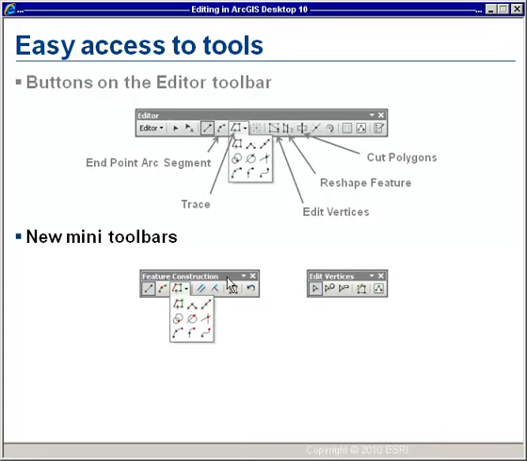So here's the feature construction toolbar. It shows up as soon as I start digitizing features with a line tool or with a polygon tool, and it gives me other tools that I might want to switch to. So for example, there is the trace tool that I'm going to show you in the next software demonstration. It comes with a whole tool palette. If you click the drop-down menu here, you get all these other tools that you may want to switch to,